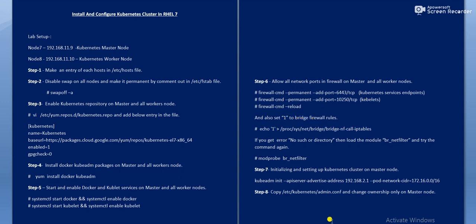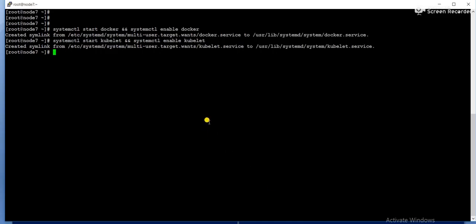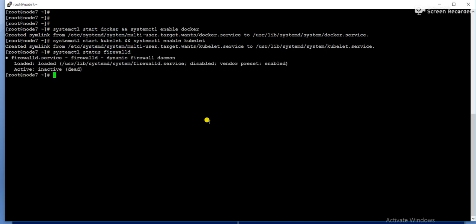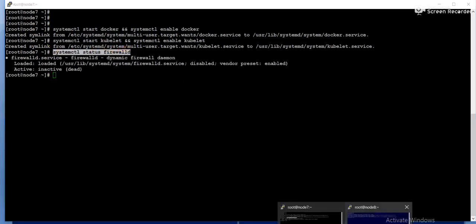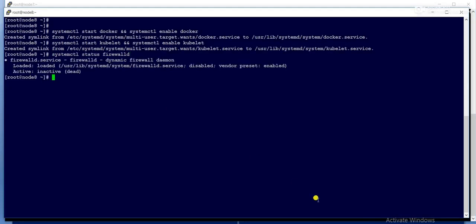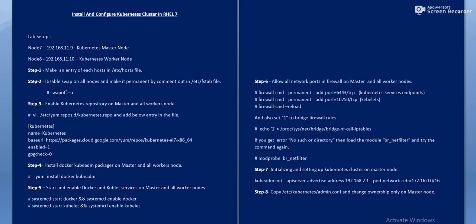So first thing, let me check in my system whether firewalld is running: systemctl status firewalld. So in my case, I have stopped my firewall, so I will not execute that step.